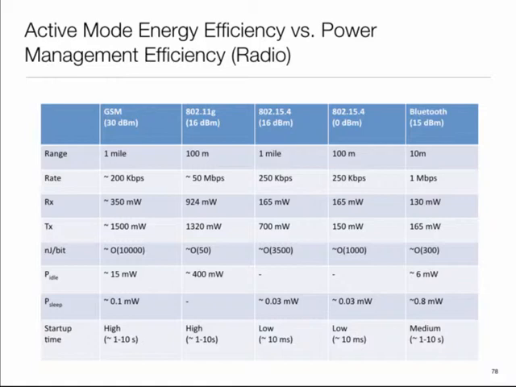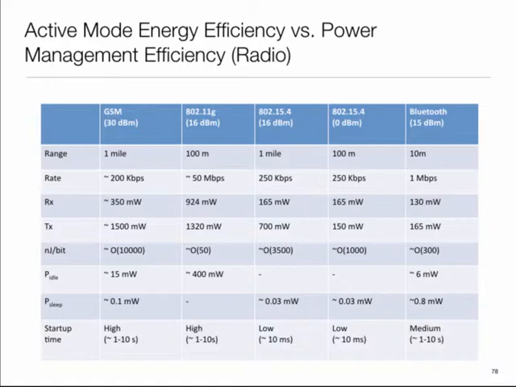So this same aspect of active mode energy versus power management efficiency you see in the radios also. So this chart, some of these rows we had seen before: the cellular radio, Wi-Fi radio, Zigbee radio, and a Bluetooth radio. So that's the upper few rows we had seen before. The thing I want to bring out is that if you look at the idle mode, sleep mode numbers, and then startup time. So if you recall,